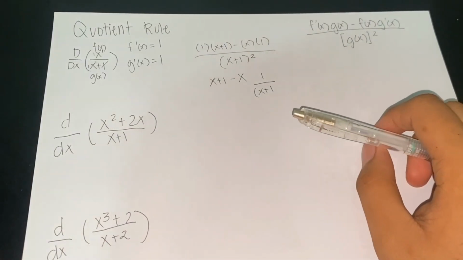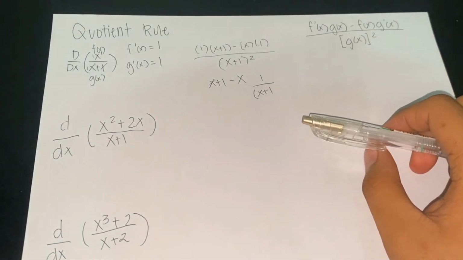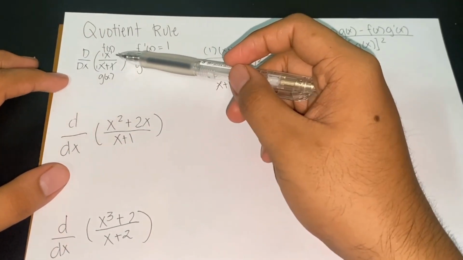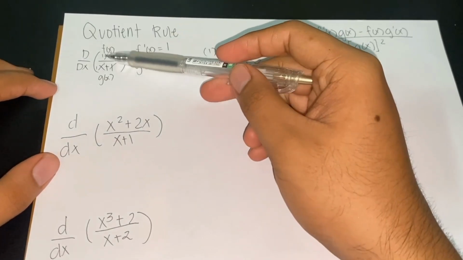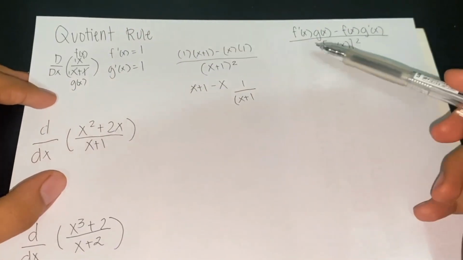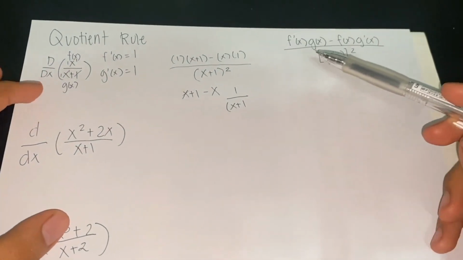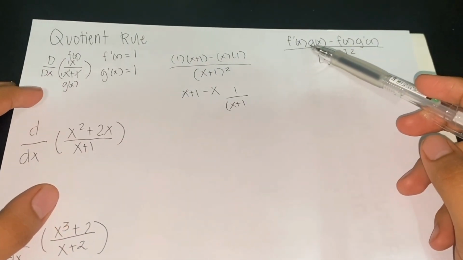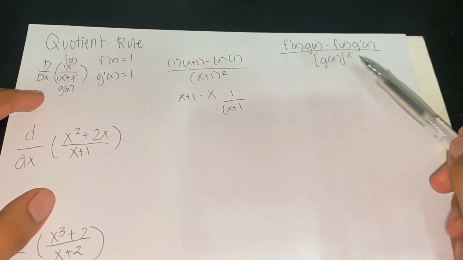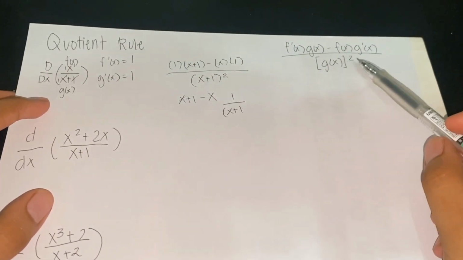The quotient rule is a method of finding the derivative of a function that is the ratio of two differentiable functions. So in our first example, we have x over x plus 1. The numerator is f of x and the denominator is g of x. To solve a problem using the quotient rule, we use the formula: the derivative of f of x multiplied by g of x, minus f of x multiplied by the derivative of g of x,